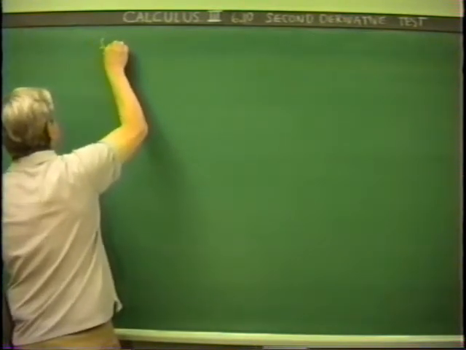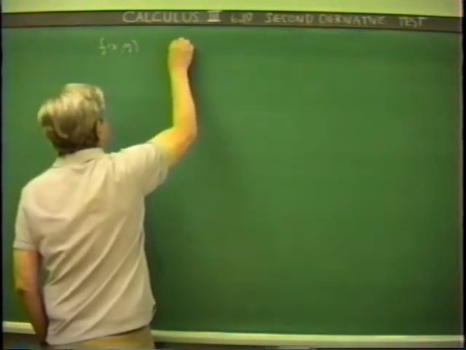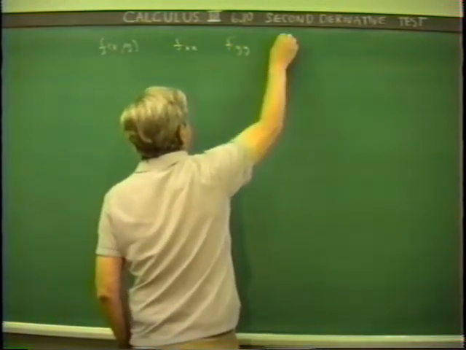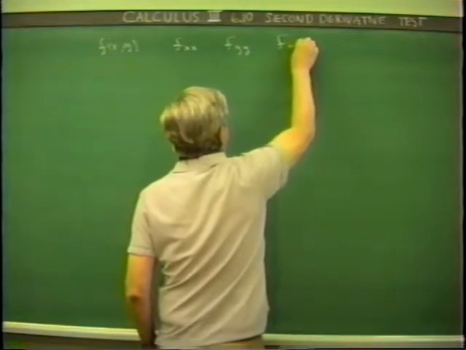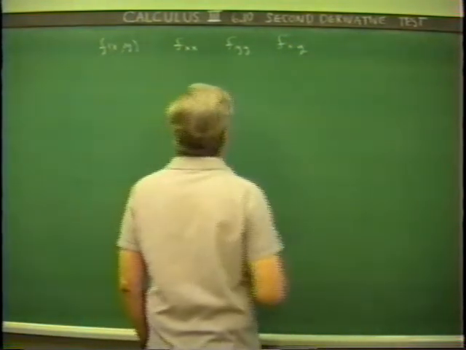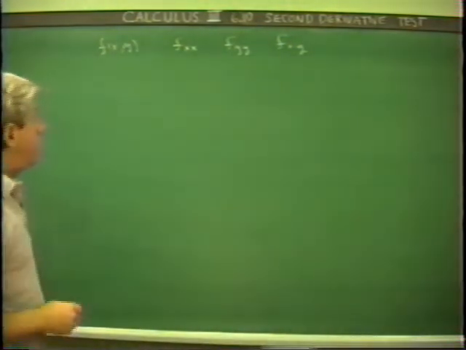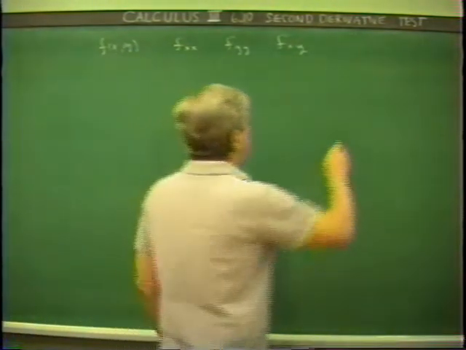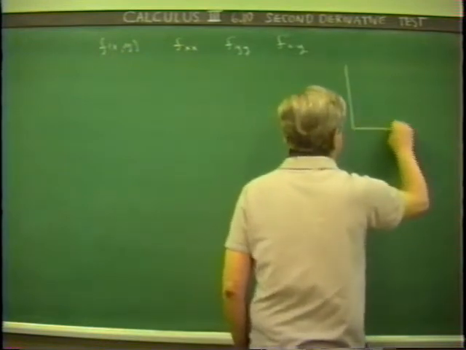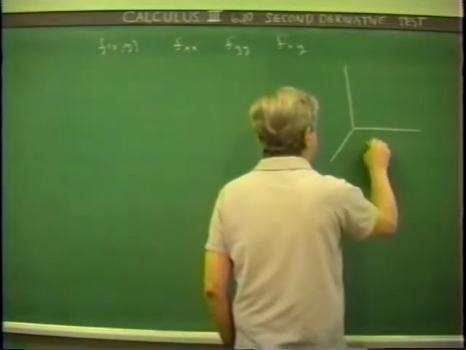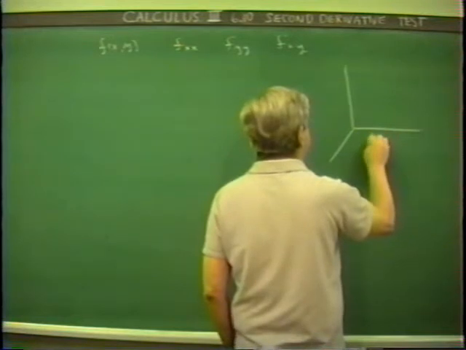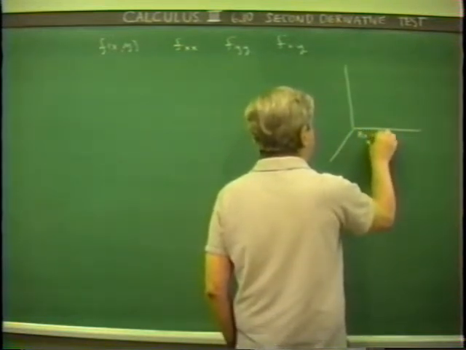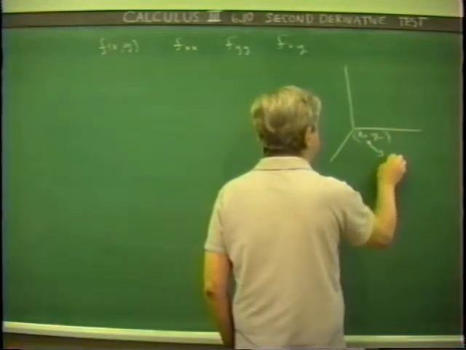What we wish to do is, by considering the second partials of a function f of x and y, we get the second partial with respect to x, the second partial with respect to y, and the mixed partials. We wish to derive a test for determining when you've got a maximum or a minimum. For this purpose, let's consider our function f of x and y, and let's take a look at a particular point here,